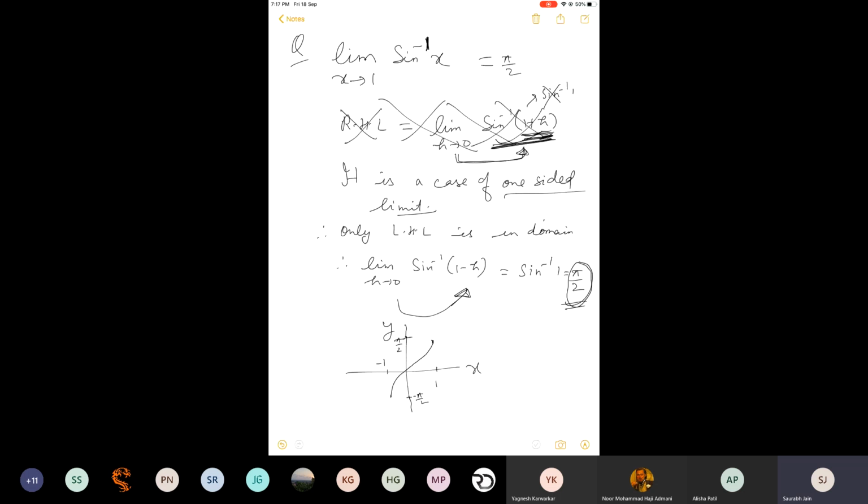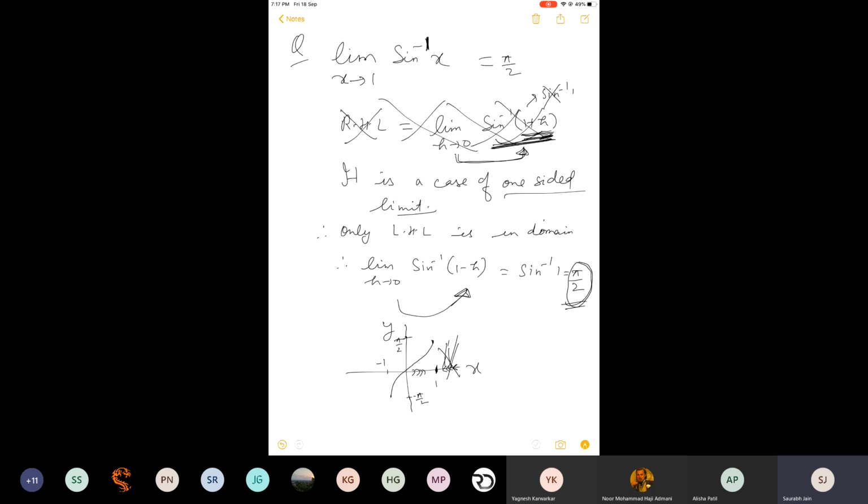So if we consider this graph, then observe the nature here. As I said, I can approach this one from the right side or the left side. Now from the diagram, it is clear: how can I approach from the right side? Do we have a graph here? No graph here. So what are you approaching? You can't approach. The only possibility is from the left side.